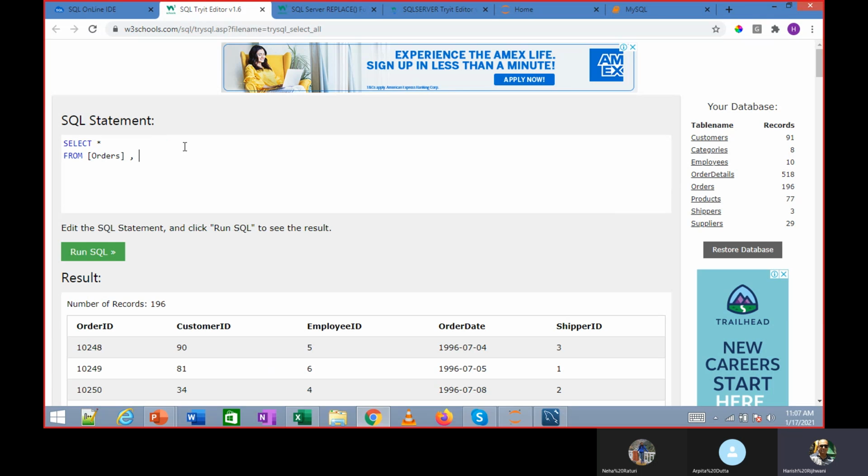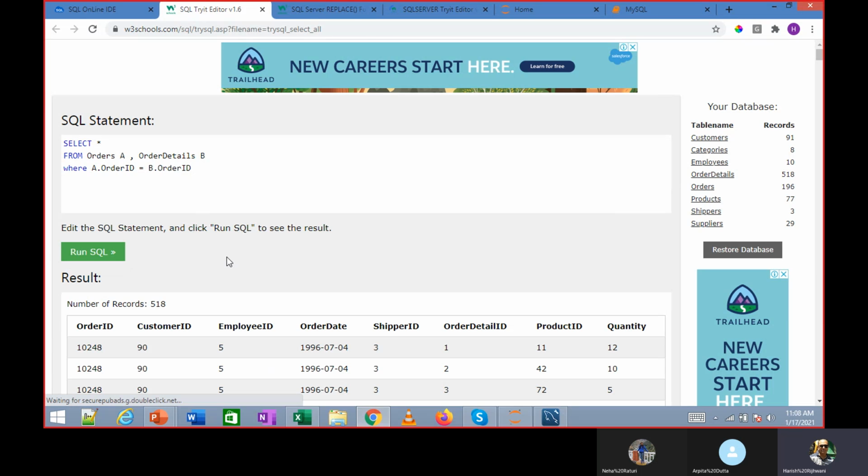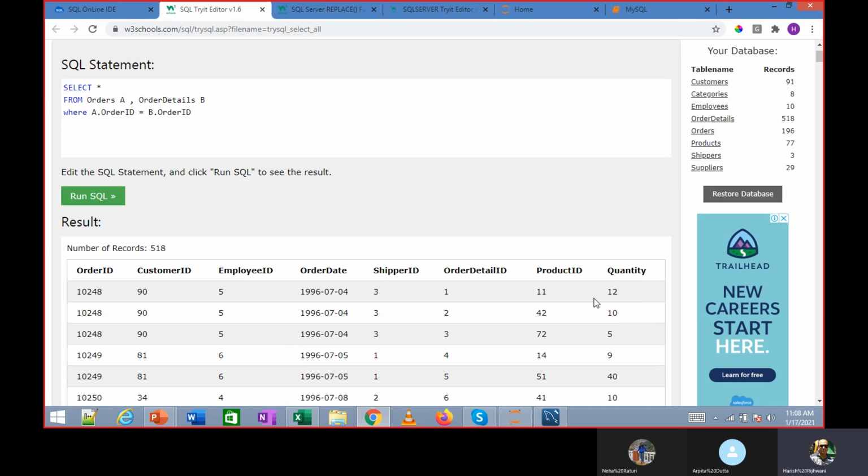Select star from orders, comma, order details where, I can make this A and this B. So I write A dot order ID is equal to B dot order ID. Now I am joining both the records and getting this detail.